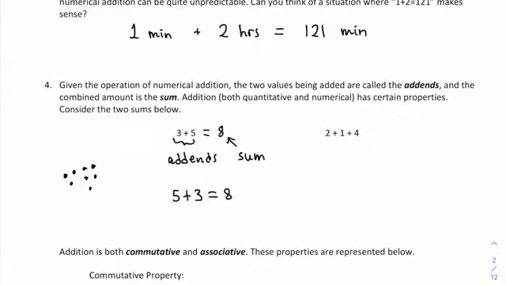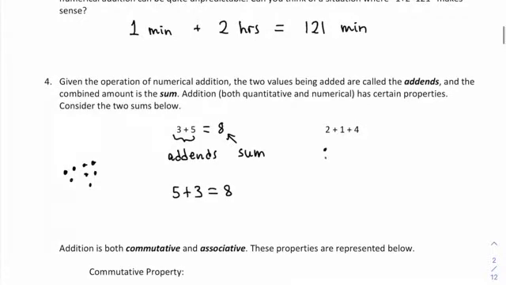Something to observe. When you have 2 plus 1 plus 4, right? If you have 2 of something plus 1 of something plus 4 of something, you have some freedom. You could first group the 2 and the 1 and get 3, and then group that with the 4 and get 7. Or you could first group the 1 and 4 and get 5, and then add that to the 2 so that you have a total of 7. Or you can rearrange this and say, let's group the 4 and 2 together first and get 6, and then add 1, and that gives us a total of 7. There's lots of different ways that you can combine 3 values into 1. You have some versatility,